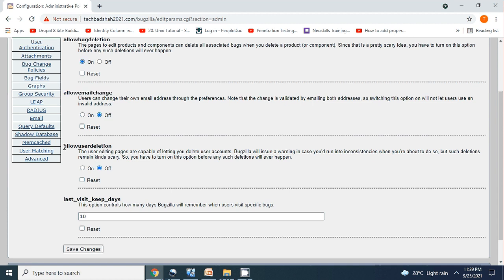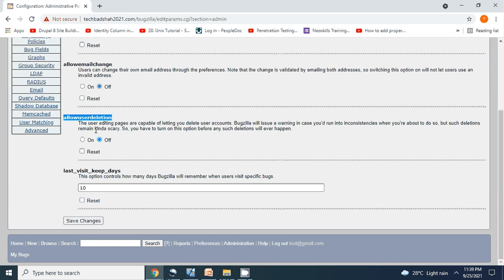Next is allow user deletion. By default it is off. So Bugzilla is not letting you delete a user by default. That's off, and I would recommend keeping that off, because in an organization, say a particular person has been tagged to multiple bugs and that user is getting deleted, that may cause some kind of issues in your reporting. I'm sure Bugzilla has handled it well. However, it is recommended that you always keep it off, because a user should be deactivated or marked logged out in the production environment. In a real-time environment, it should not be allowed to delete a particular user.